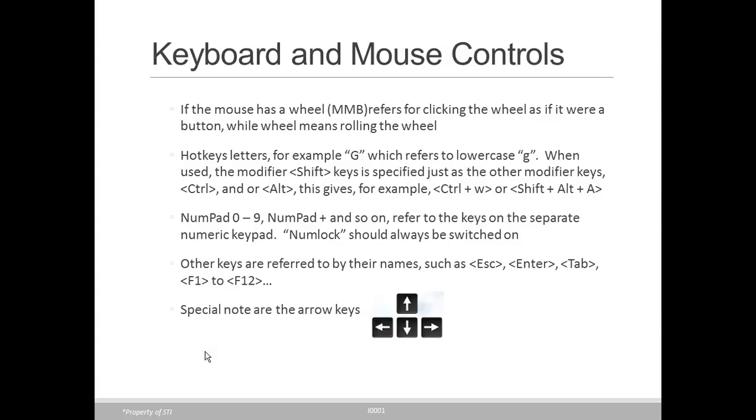Number one is burning of fossil fuels such as Other keys are referred by or to by their names such as escape, ESC, enter, and tab, F1 to F12. So remember that coal when you burn it Special note are the arrow keys. Carbon dioxide and water. So the more carbon dioxide that it produces,